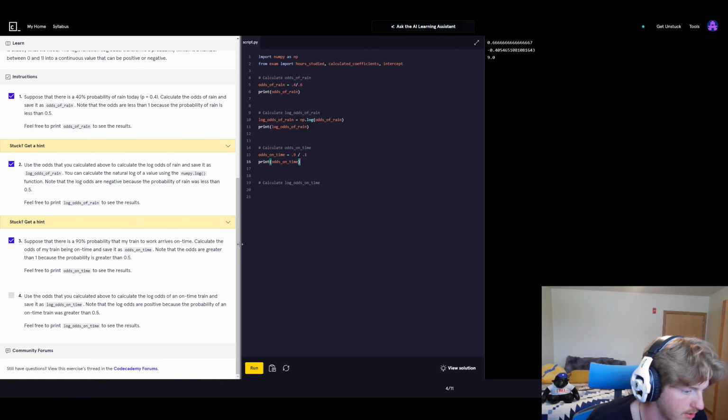Use the odds that you calculated above to calculate the log odds of an on-time train and save it to log odds on time. Note that the log odds are positive because the probability of an on-time train was greater